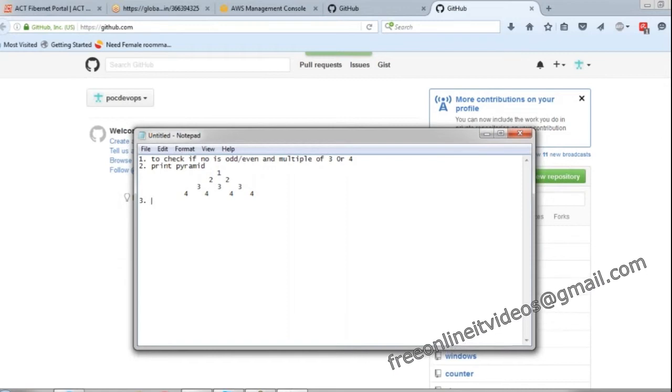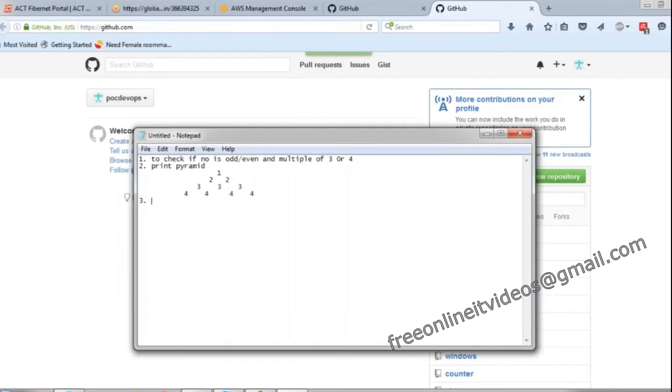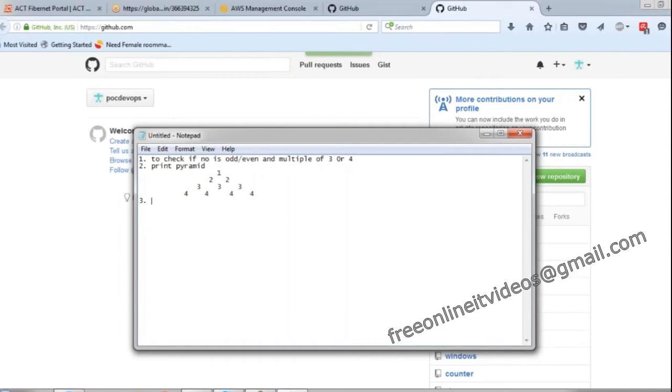To automate the process, we write a small script. A script is nothing else but whatever you're doing manually, you write in a script. It is more or less using the same commands, but in a proper way. So don't worry too much about scripting. It is easy only.